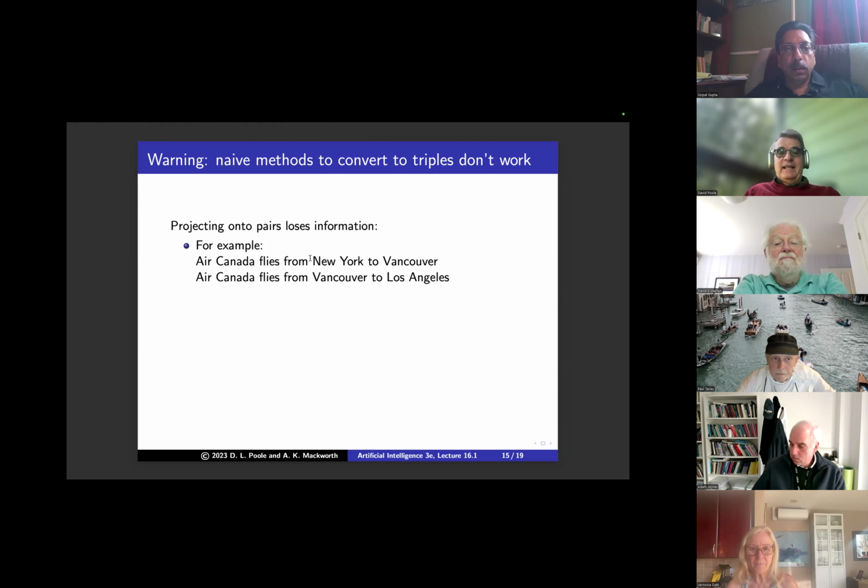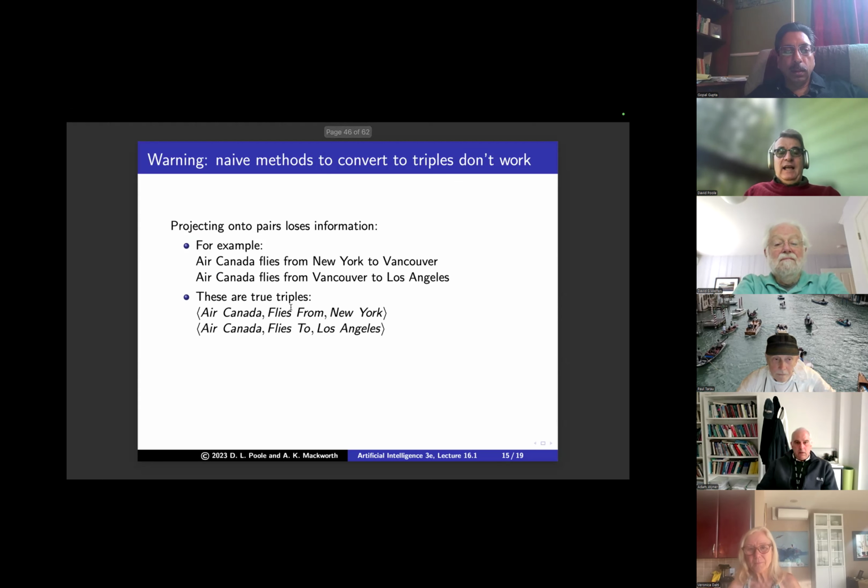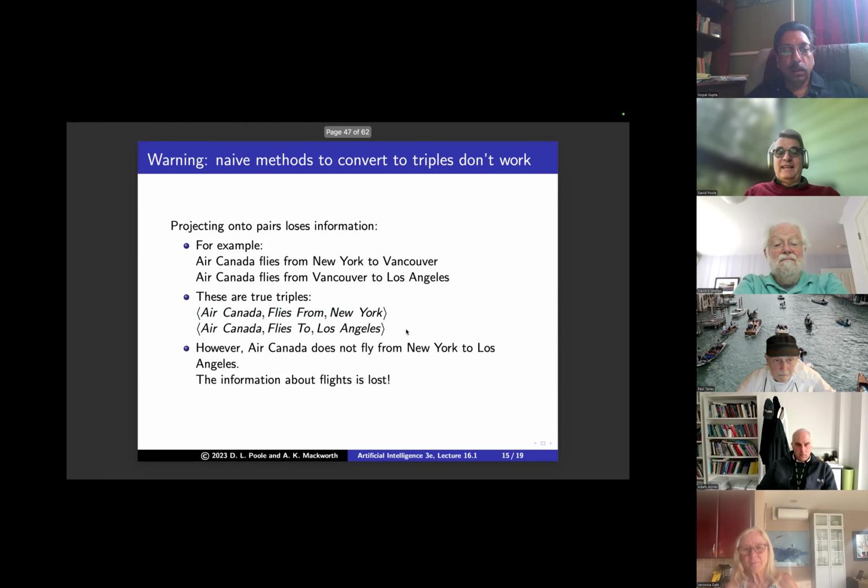For example, Air Canada flies from New York to Vancouver, and Air Canada flies from Vancouver to Los Angeles. If you convert to triples, you would say Air Canada flies from New York, and Air Canada flies to Los Angeles. However, what you've lost is that Air Canada does not fly from New York to Los Angeles. This information about actual flights is lost. Lots of people do very dumb things when converting into triples.